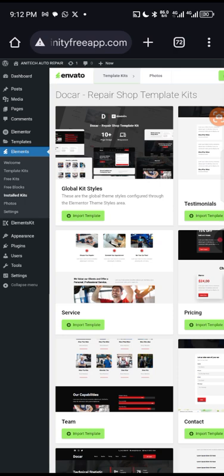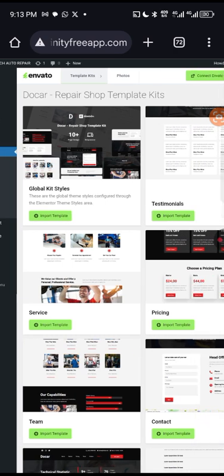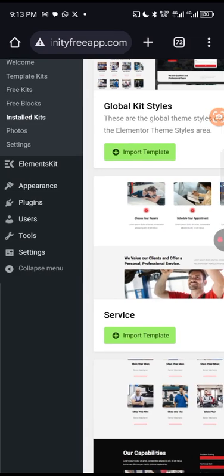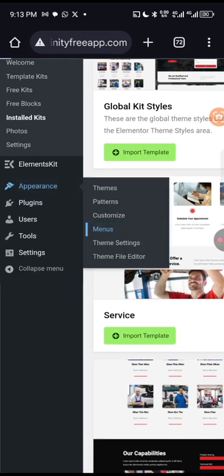So for us to be able to start doing all of these things, we have three basic things to start doing now: to create our menu, to create our header and footer. So let's start with our menu. What are the pages that we have that will be on our menu? Let's quickly note that we have testimonial, service, pricing, team. So how do we create our menu? You come to Appearance, and you come to Menu here, this fourth one under Appearance. So you click on menu,